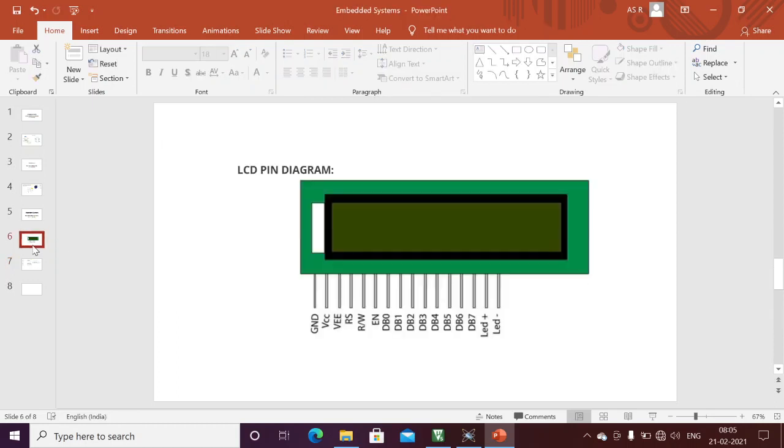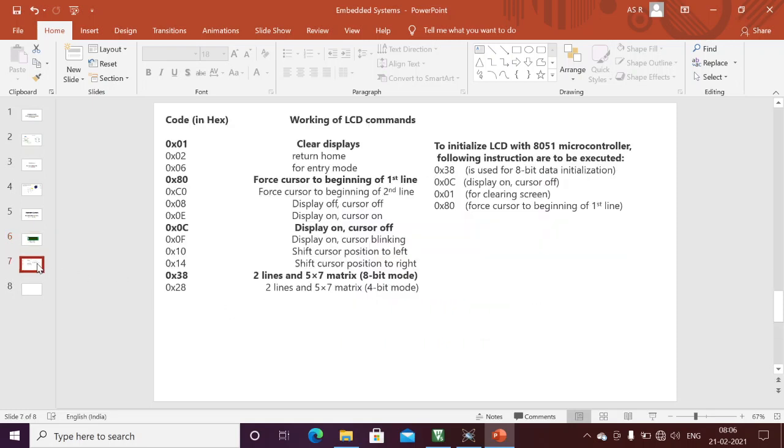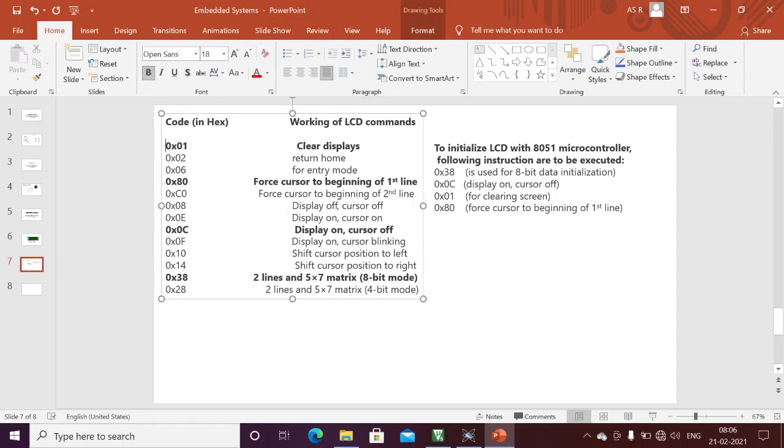As we discussed initially, for example, if I want to display more than 32 characters, I need to clear the complete LCD, so we need to pass this command to the LCD so that I can clear all the data within this LCD. Okay, next one, 0x02, return to home. If I want to move the cursor to the home, I can use this 0x02.